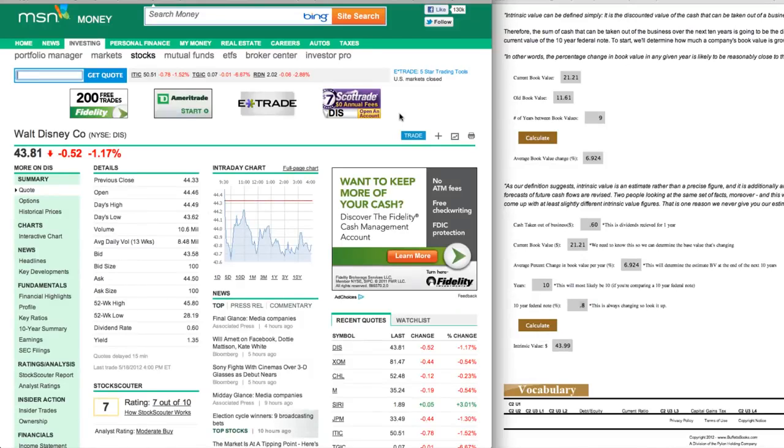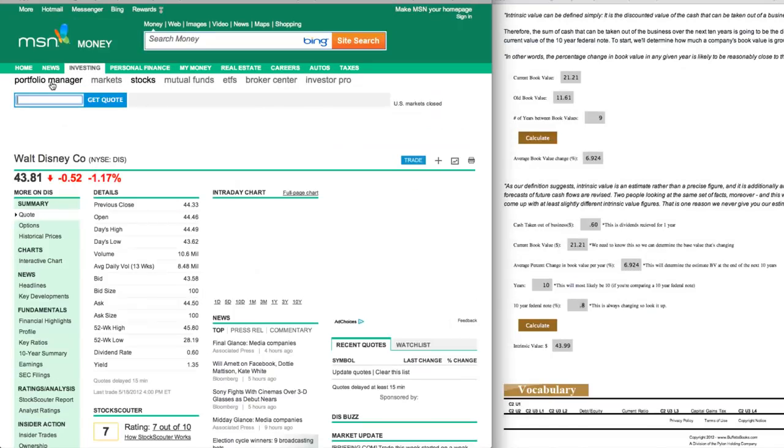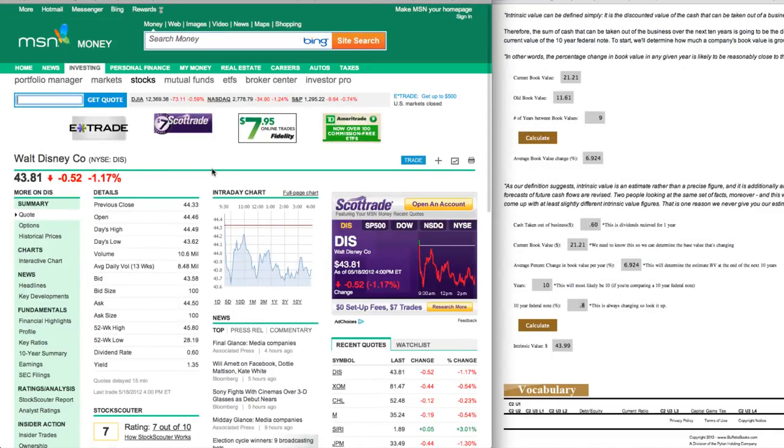If you wanted to pull up the dividend that Disney is paying right now currently, the easiest way to do that is something you can find on MSN Money. You'd go to the top level page, so we type in DIS and hit enter, and it brings you to this top level page.